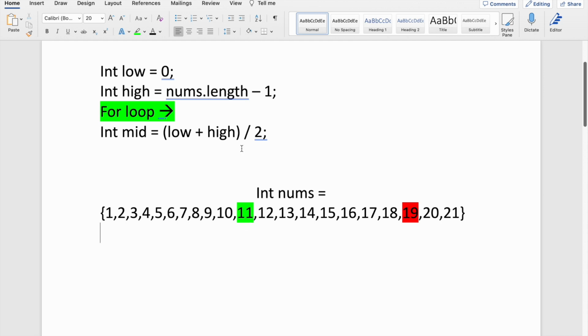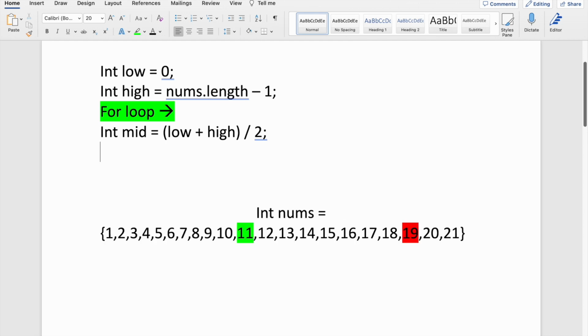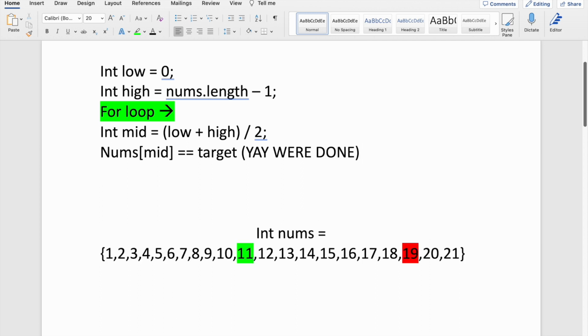Now based off of this number, we're still in our for loop here. The next thing we want to do is evaluate if nums at mid actually equals our target number. And if it does, then we can just say, hey, we're done. We found our target number. Now, if nums at mid didn't equal the target number, then based off of whether nums at mid is less than or greater than the target number, we're going to have 2 condition checks. So if nums at mid is less than our target,